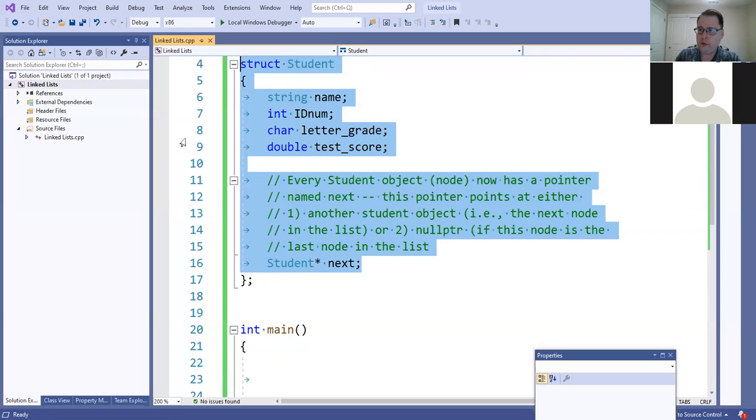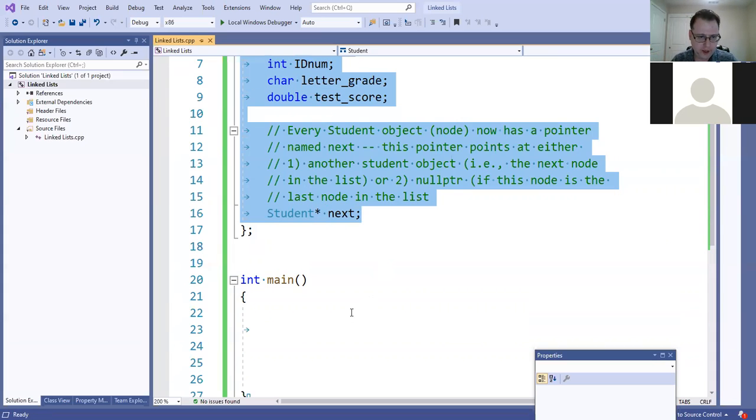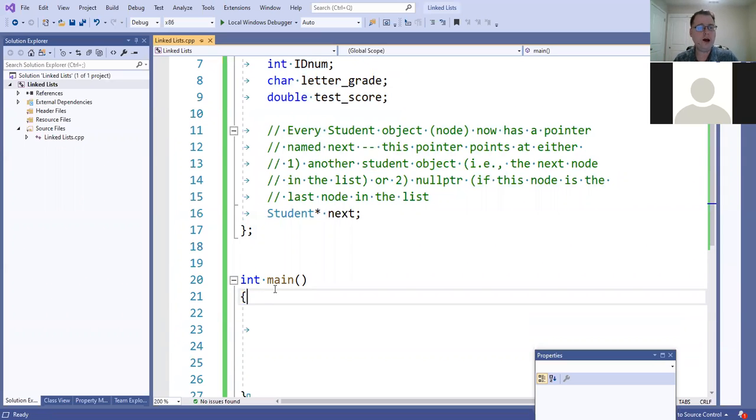The other pointers that we declare are not going to be within the structure declaration, because we have to make those kinds of distinctions, right? Is this a pointer that there's only one version of, or one copy of? Or is this a pointer that has to be in every single node? So the answer for next is that it does need to be in every node. But with the other pointers that we're going to start declaring here in main, they are not going to be